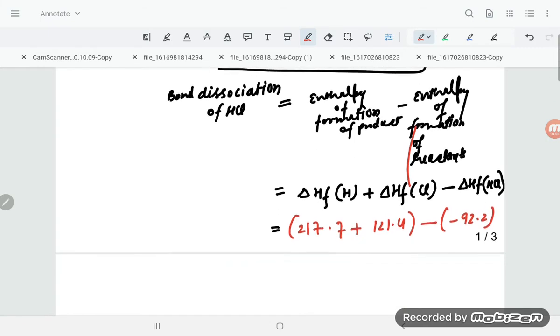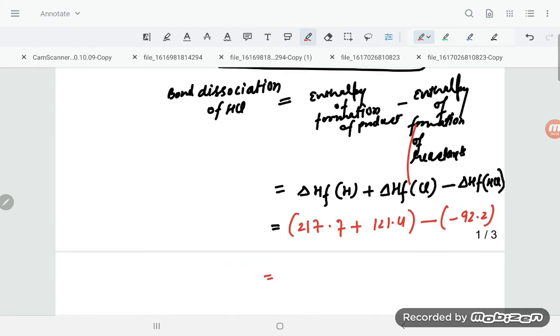Okay, so you add it out, students, how much is coming if you are adding? So 7 and 4 is how much, students? 11. And here 7 and 1, 8, 19. And that is 2, 1, 3, and 2, 1, 3, 339.1. And here if you are adding, plus into minus will be plus, so 92.2 will come, students, right?